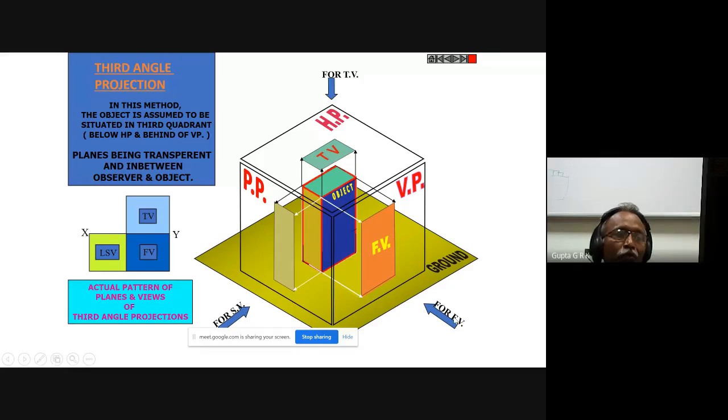Reference plane is in between the observer and the object. And so here, when you are rotating, this plane will be rotated to the top like this. So the top view comes above and the front view is below, and this is XY. And when this is rotated, whatever I am seeing from the left side comes to the left side only, to the front view. So the front view is fixed, and this I am rotating to the top, and this I am rotating to the left, and I get it this way: XY line here, top view, front view, left side view. So that is the way I get it.